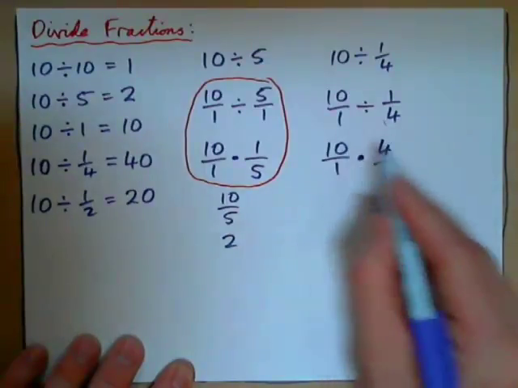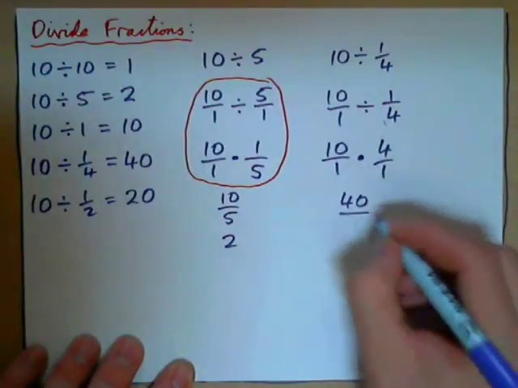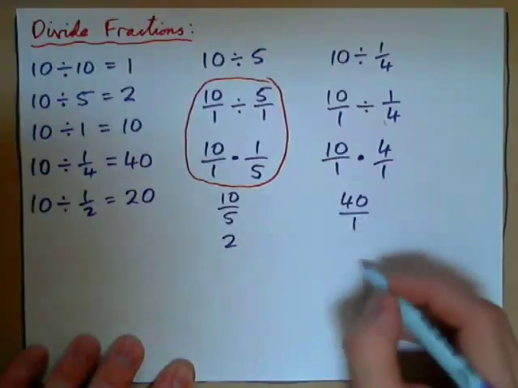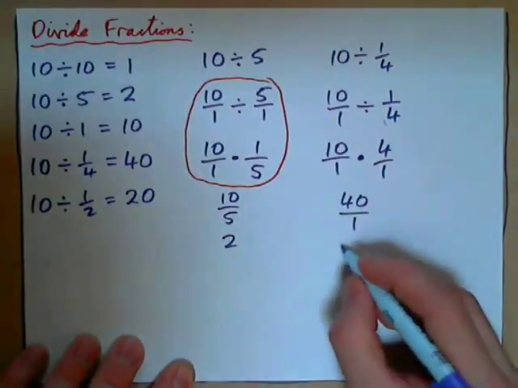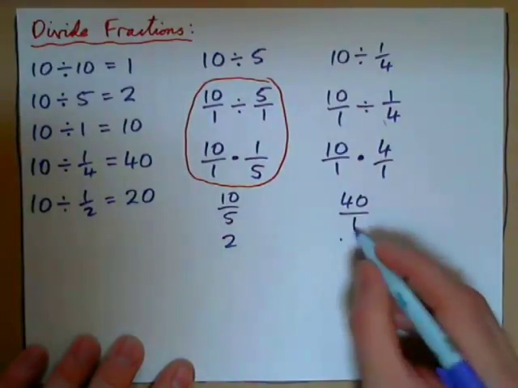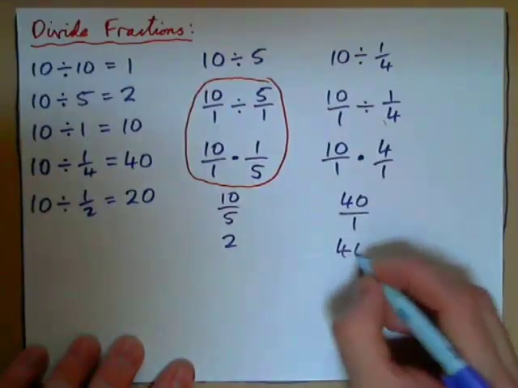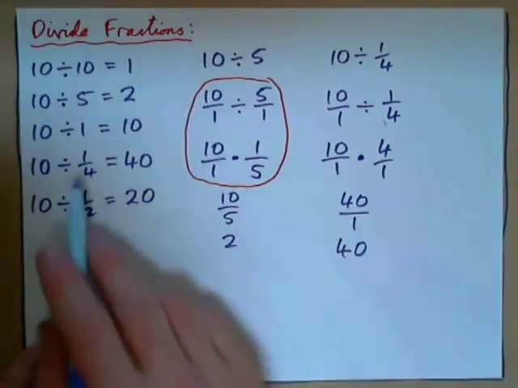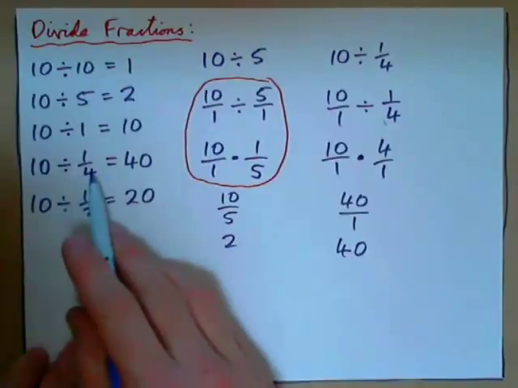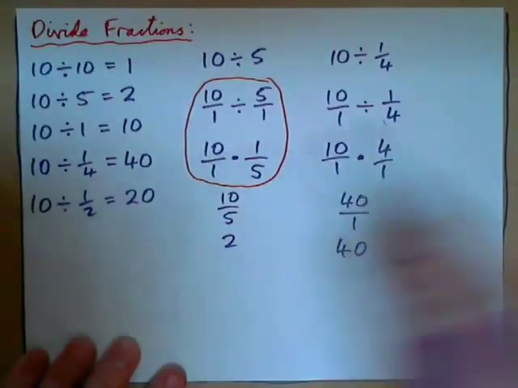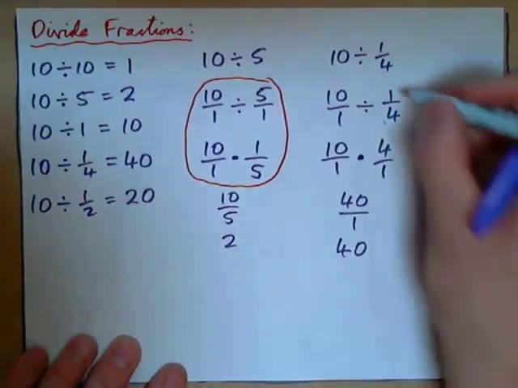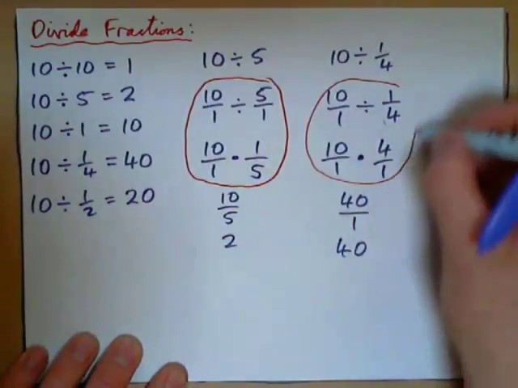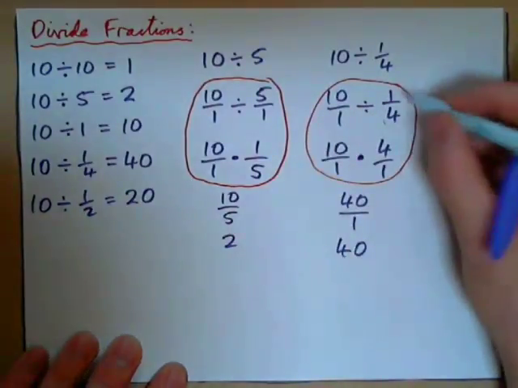Now that gives us 10 times 4, 40, over 1 times 1, 1, and 40 over 1 is, how many 1s in 40? 40, right? And we proved over here, 10 divided by 1/4 is 40 when we thought about it. And now we have also proved the procedure for dividing by fractions, which is to flip this fraction on the